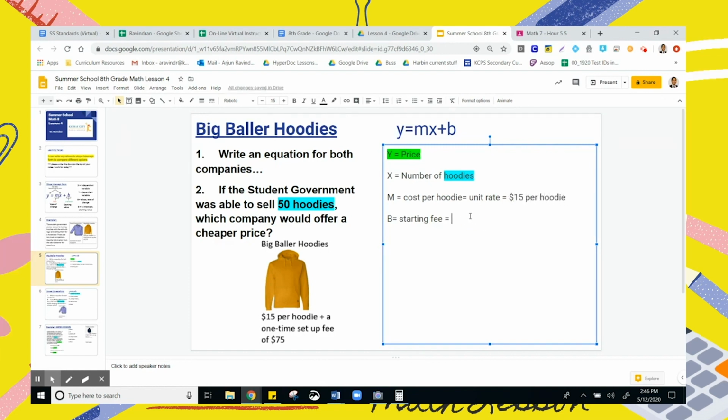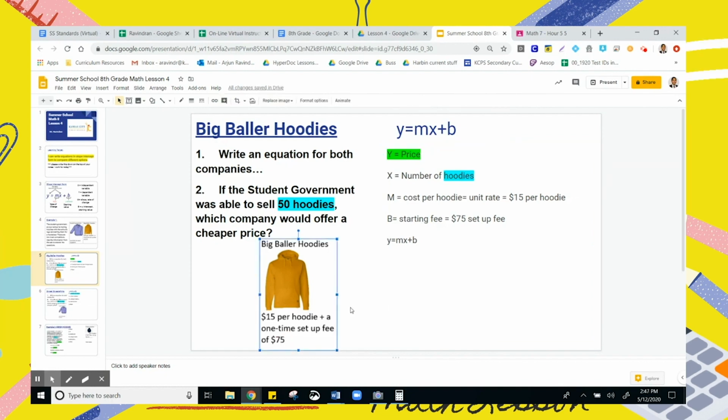B is the starting value, the starting fee. How much does Big Baller Hoodies charge you just to start making hoodies? Before you even pay for one, how much do they charge? They charge you a $75 setup fee. We now have enough information to write our equation. But before we write our equation,